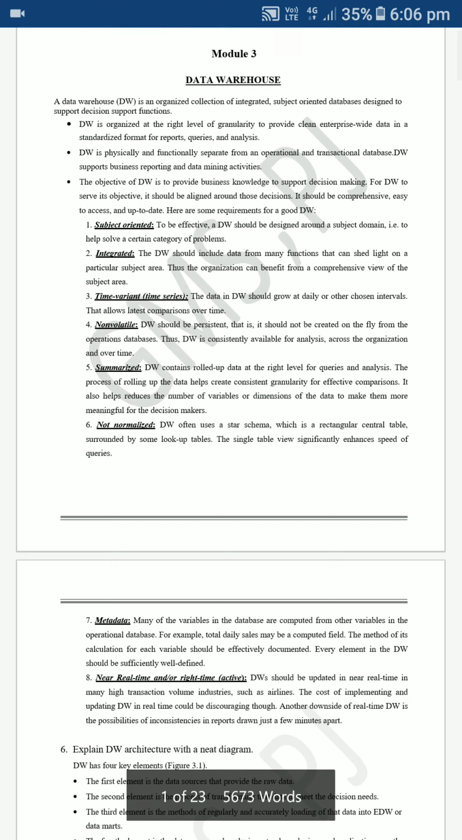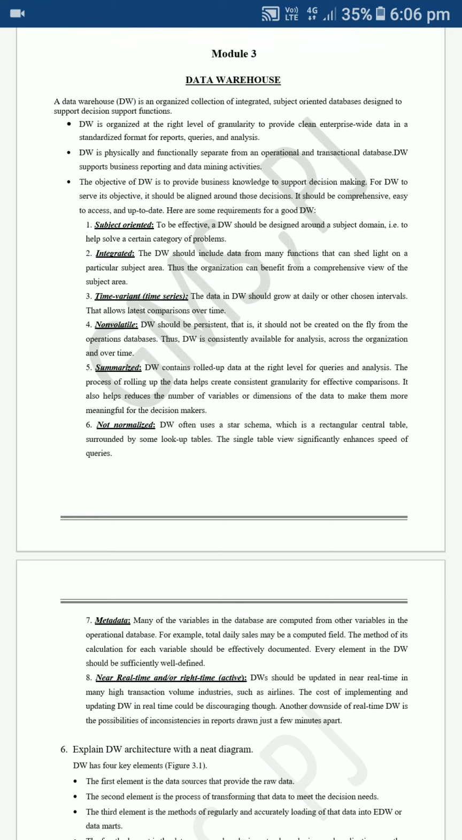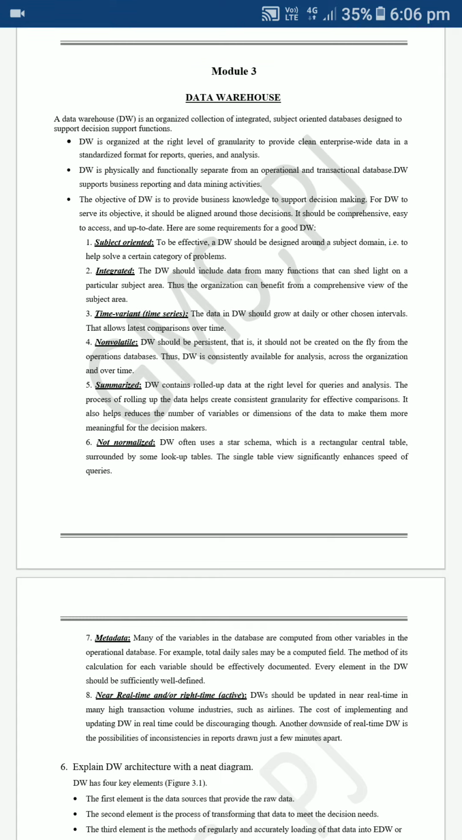Here, data warehousing is a collection of integrated and subject oriented databases. Collection of integrated means this is nothing but your analysis of the data, and here the subject oriented databases. In almost all fields we need databases because all the data will be stored in the form of rows and columns. So here also we are using the database because a huge amount of data will be shown, and